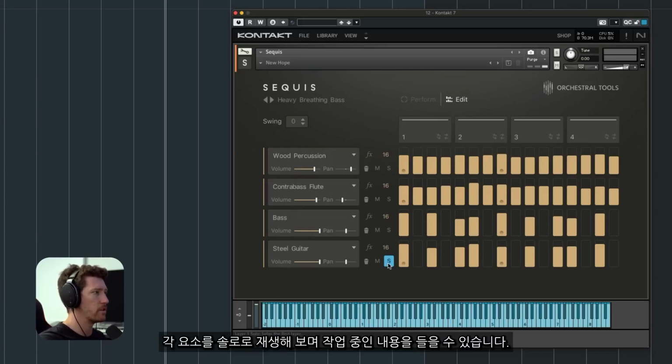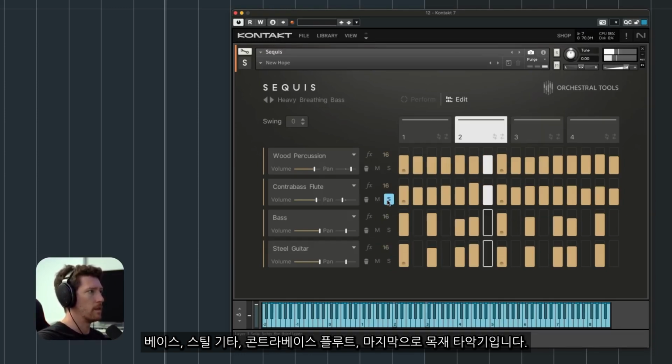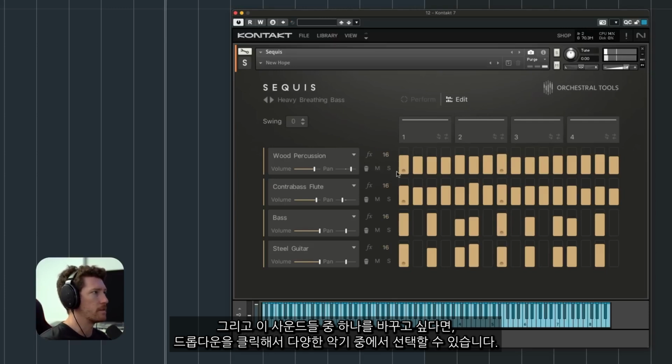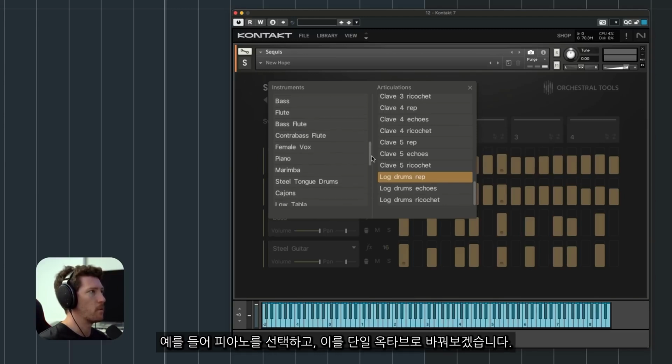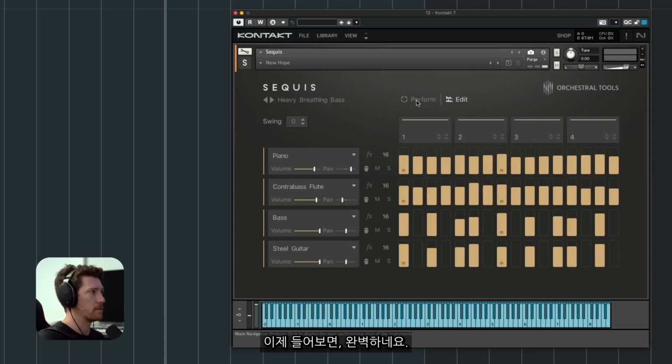There's the steel guitar, the bass, contrabass flute, and the wood percussion. And you can solo each individual element to hear kind of what you're working with. So that's the bass, the steel guitar, the contrabass flute, and last but not least, the wood percussion. And if you want to swap out any of these sounds, you can just click the drop down here and choose from a wide range of different instruments. So maybe we want the piano, and let's change this to single octaves. So now if we listen,